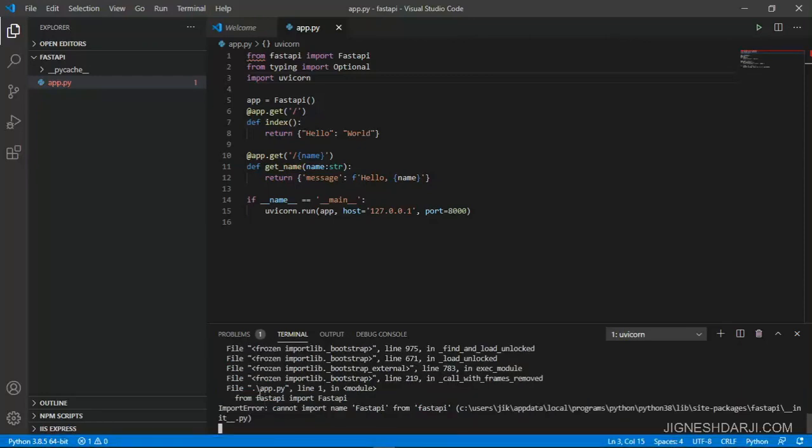We can check, we have one error related to FastAPI, so we may face some case sensitive errors over there. First thing, FastAPI needs to be in capital case, so we need to update that.